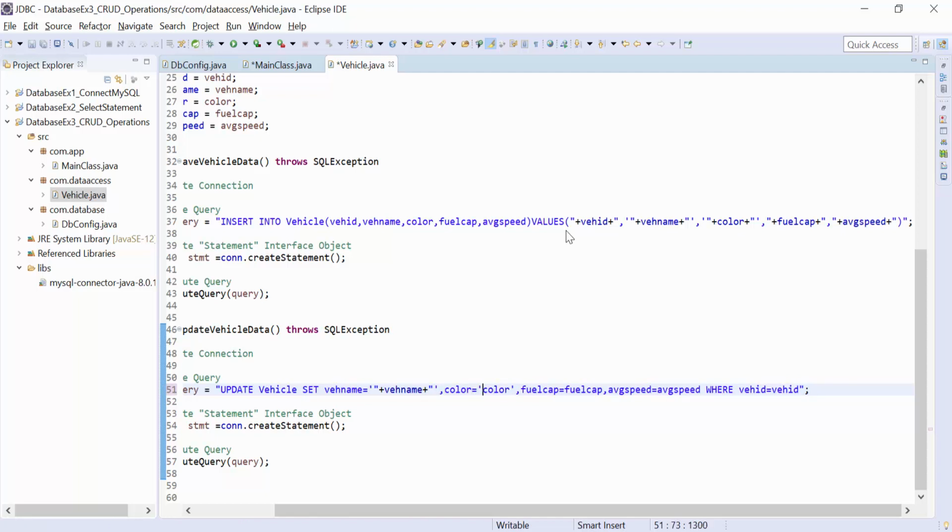Color we make color, fuel capacity is equal to fuel capacity, then average speed is equal to average speed, where vehicle ID is equal to this vehicle ID.